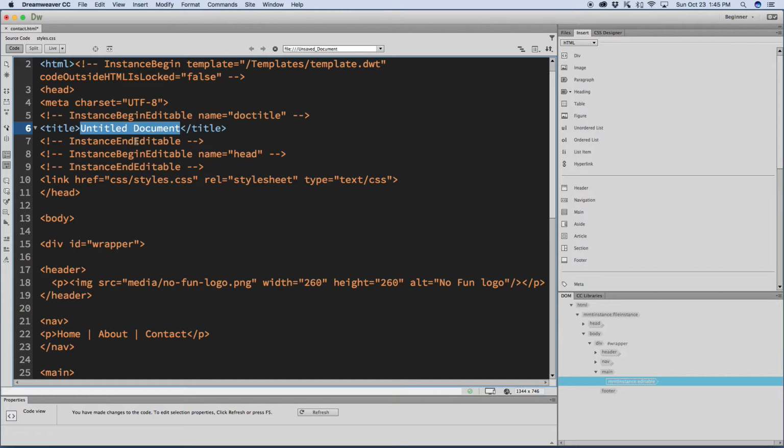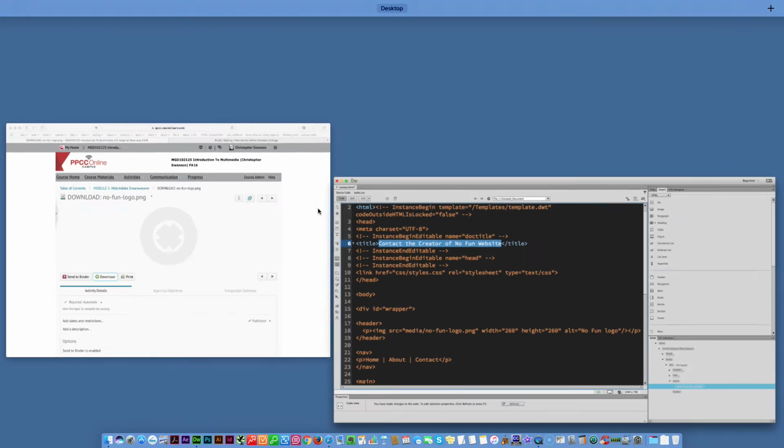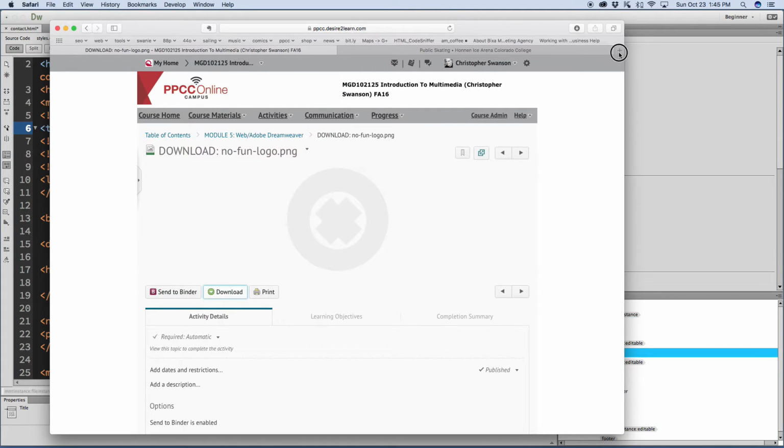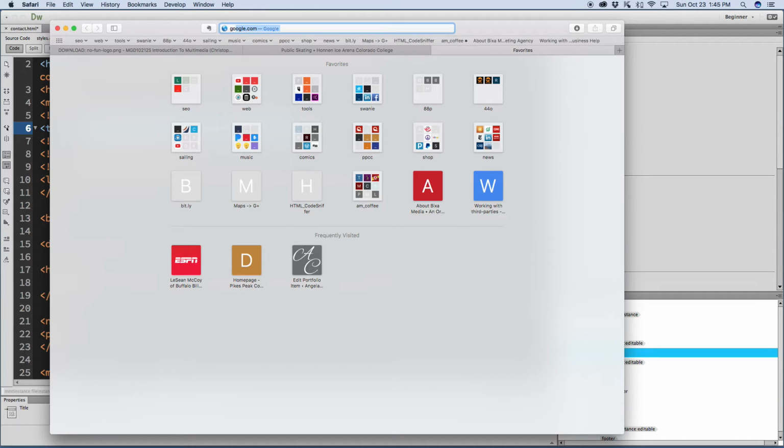And I can change the title: Contact the creator of No Fun website. Now these titles should always be original, and maybe it doesn't matter to you, but if anybody Googled your website, Google, the search engine, uses this title to display that blue bar. So if you were doing a search on Google,